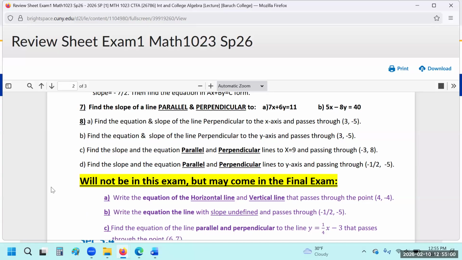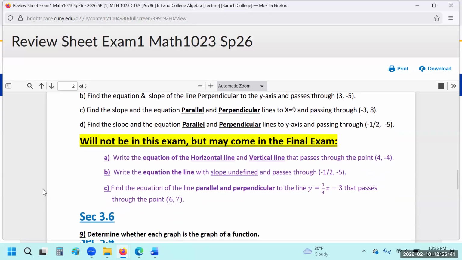Sometimes they're asking for perpendicular to the x-axis, sometimes perpendicular to the y-axis, sometimes it's parallel or perpendicular to a specific line. So by combining all 4 scenarios, you're going to get at least 6 to 8 of them, probably 8 of them in the exam. And each question will have 3 parts. First, you're going to graph whatever idea you are applying to get the parallel line or perpendicular line. So show your thinking process, and then what's the equation of the parallel or perpendicular line, and what's the slope of the parallel or perpendicular line. So from question 8, you're going to get 24 points.